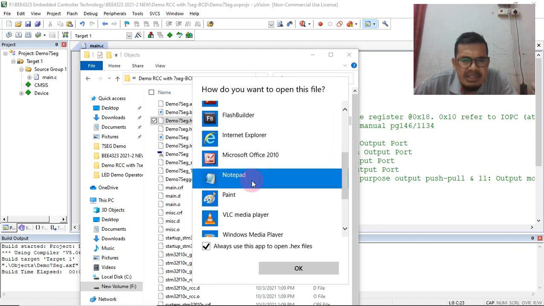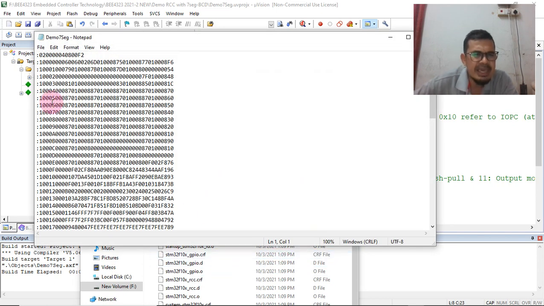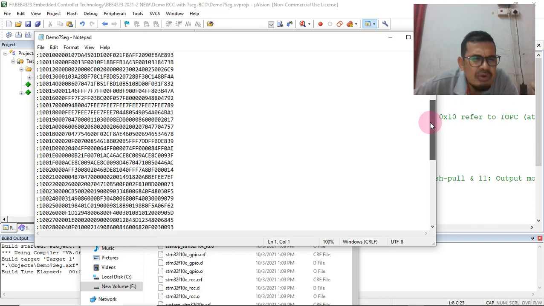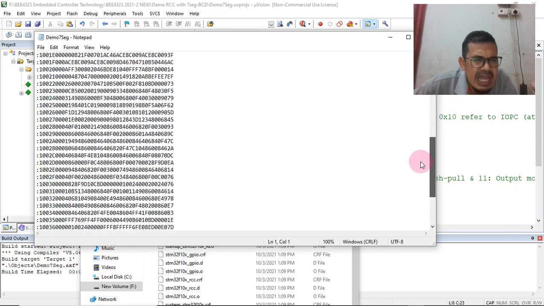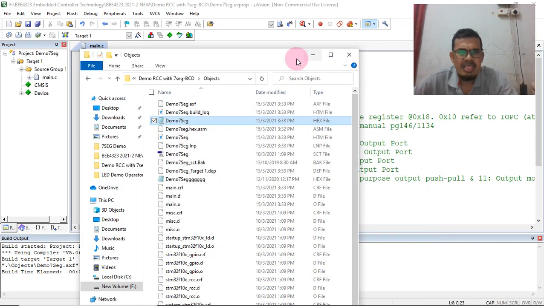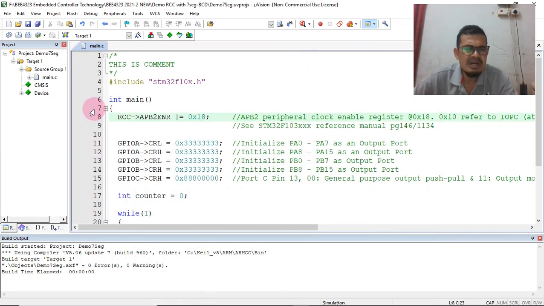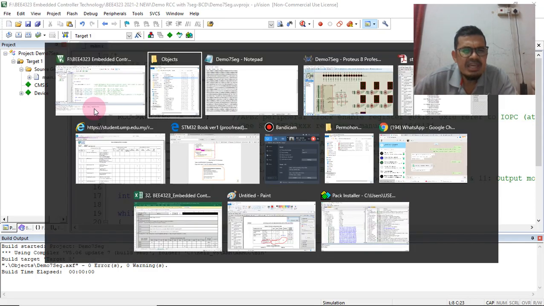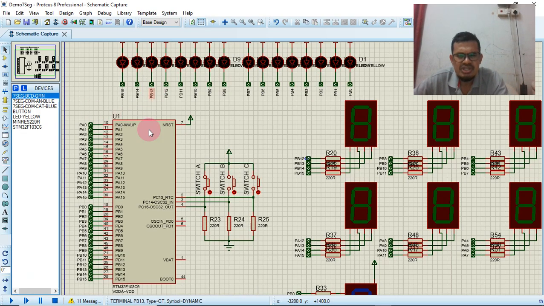Here is the coding, the hexa coding, which the microprocessor understands how to read and decode. After the file is updated, I try to rerun this simulation.